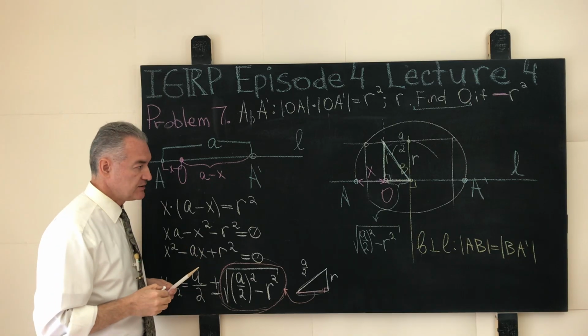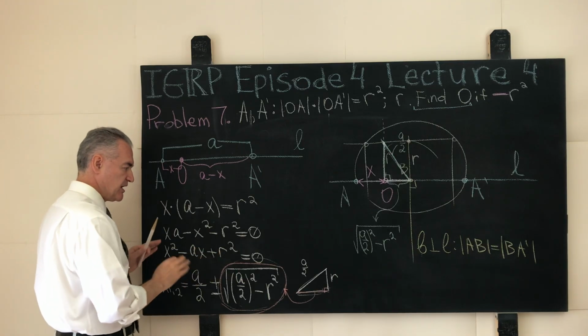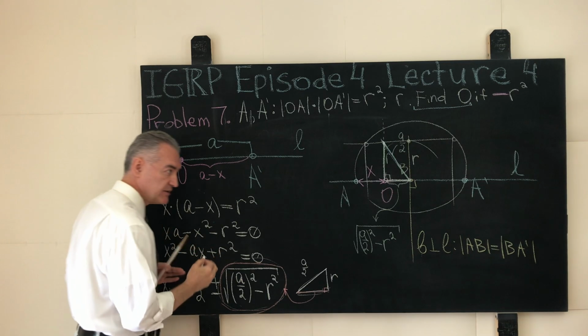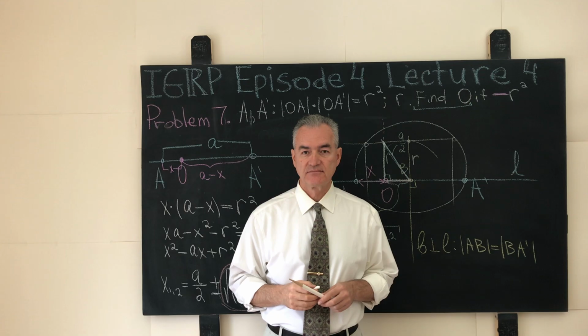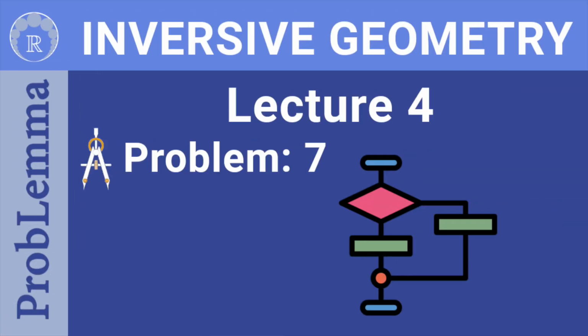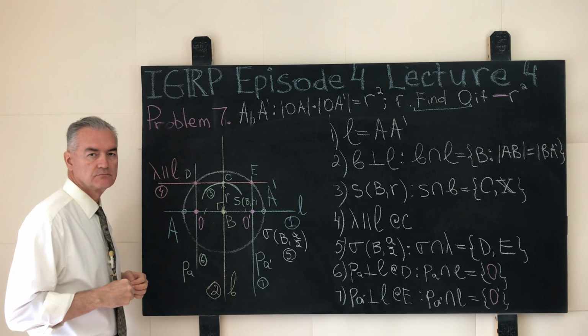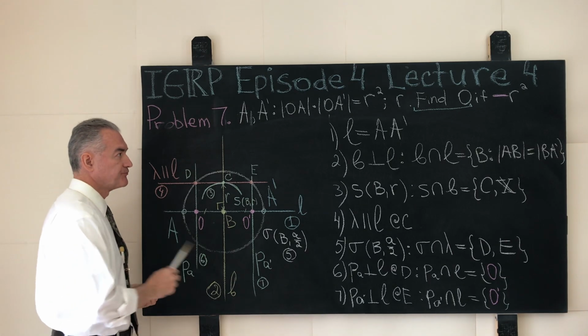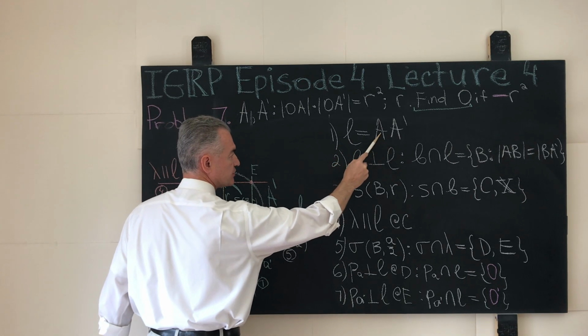Now that we understand how the solution is developed, again, we throw all this messy and chaotic stuff out and we present a solution that is polished. Which is, as step number 1, we construct a straight line named L through the given points A and